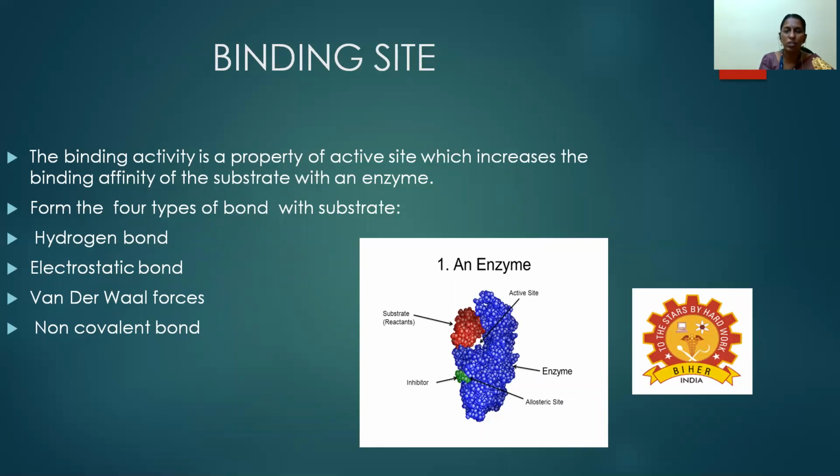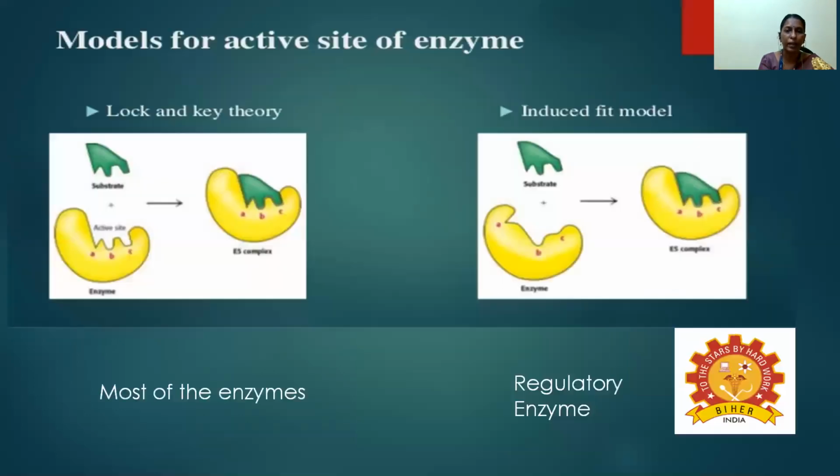The strongest bonds, meaning ionic bonds and covalent bonds, are not involved in the binding of the substrate to the enzyme, because the end result is the product and the release of the free enzyme. So we have to concentrate more on the loosely bound, weak attraction bonds. Hydrogen bonds and electrostatic bonds are more commonly involved in the activity.